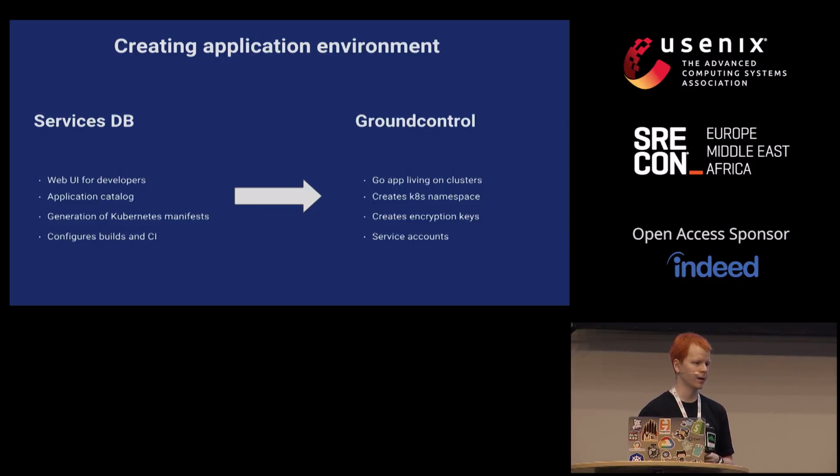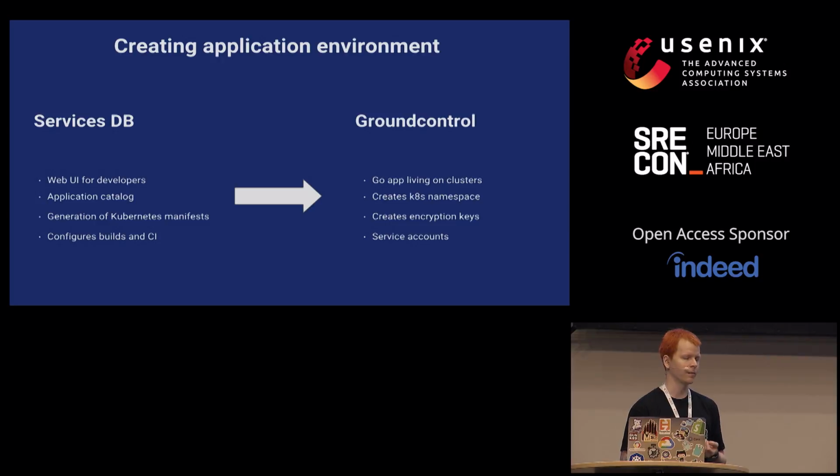The first is creating an application environment. We already had a tool called Services DB. That was just a service catalog of all our applications, with metadata about them. So in Services DB, you could go and see an application, like our fraud detection system is called Blade Runner. You could see what team owns Blade Runner, where the logs and metrics for Blade Runner are. But we extended this in a way where Services DB would also know about the environments and, most importantly, be able to create those environments.